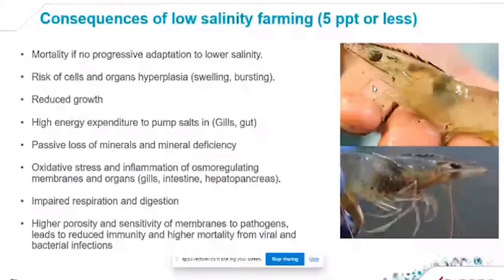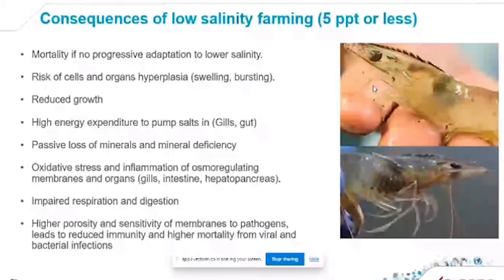What the shrimp risk is that the cells and the organs will suffer from hyperplasia. That means first swelling, then bursting. You will see reduced growth. You have a high energy expenditure to pump the salts in the gills and the gut. And you have a passive loss of minerals that may lead to mineral deficiency. All this very active metabolism in the gills and the gut leads to oxidative stress and inflammation in the membranes